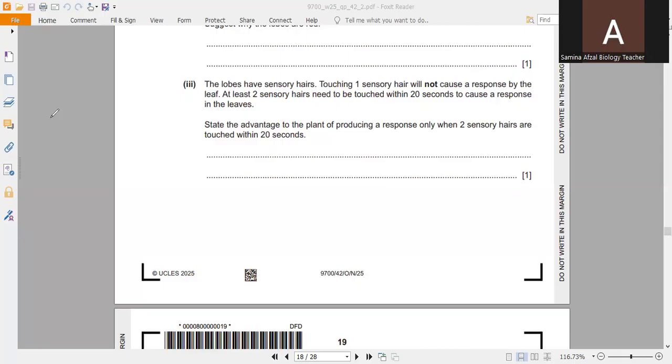On the other hand, in this way it can avoid other things which can touch the lobes and be trapped, so wastage of energy can take place, which should be avoided. So I would like to write the answer to